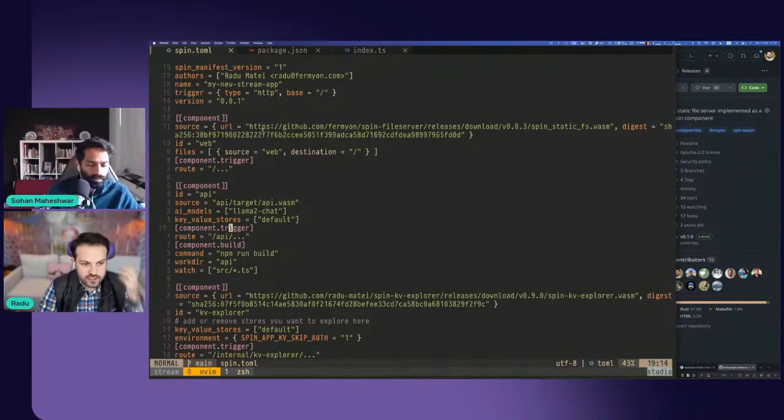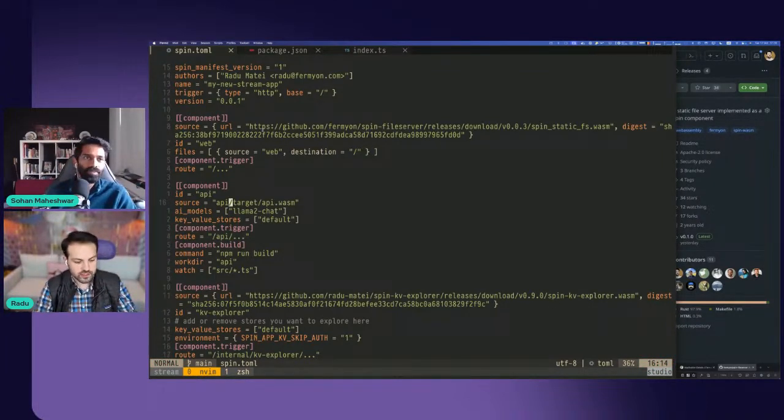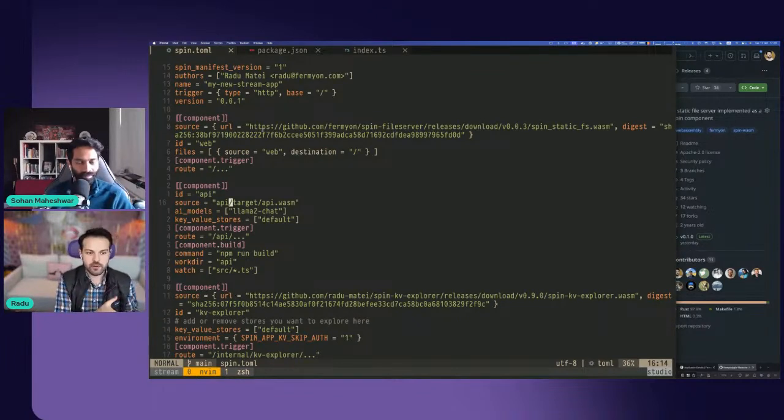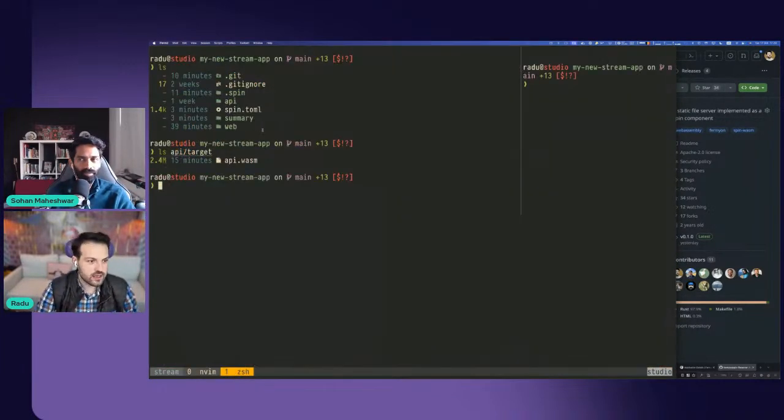Because this file is local, and usually we don't check binary files into source control, you need a way to build this. In particular, if you're working on this application, there's a mix of pre-built components that you're using and components that you are writing from scratch. In this scenario, the API component in TypeScript is something that we're writing from scratch. And so Spin has a